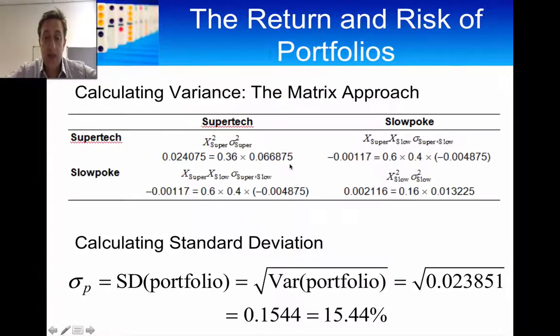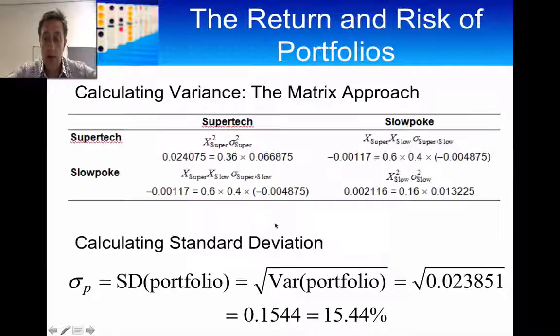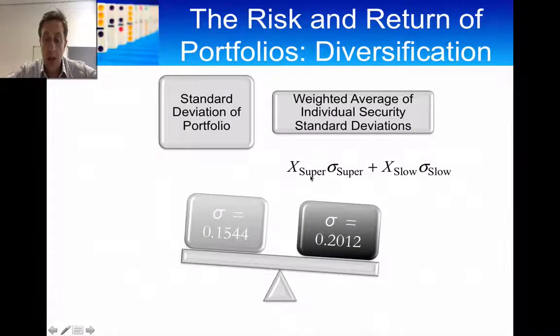By forgetting about these terms, and we just look at the standard deviations, then the standard deviation of our portfolio is 0.1544. We calculated that here. It's 15.44%. By just taking the weighted average of the standard deviations, we get